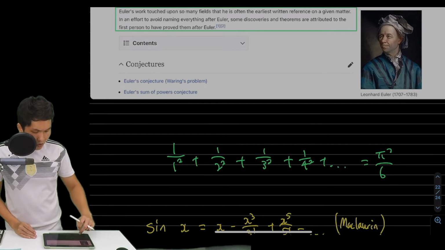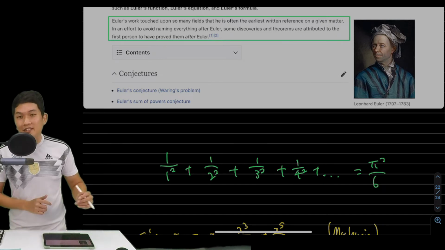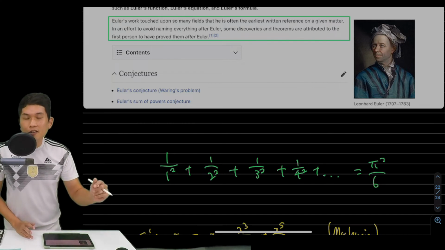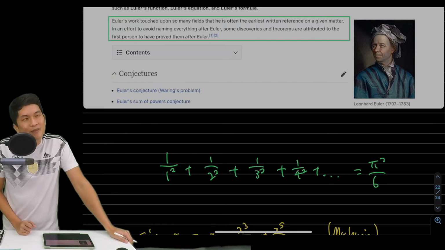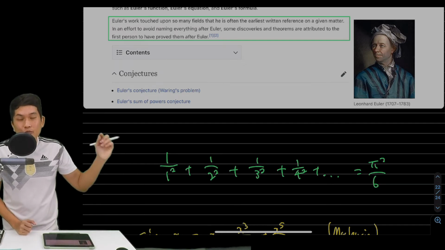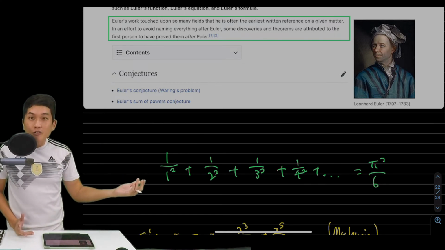Okay? So his solution to the Basel problem is, it's not 1.3, it's not 1.6, 1.64, 1.66, it is pi squared over 6. And you'll be like, what? It's not even a number, it's an irrational number, pi squared over 6, which is 1.644 something. Okay? And you're wondering, how did he do that?